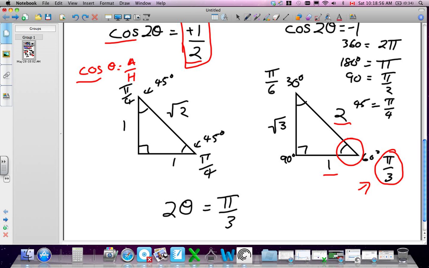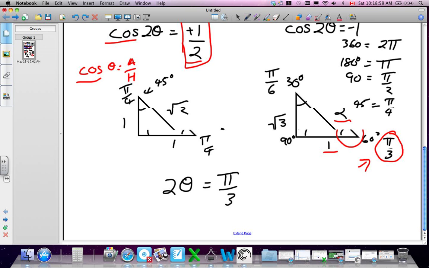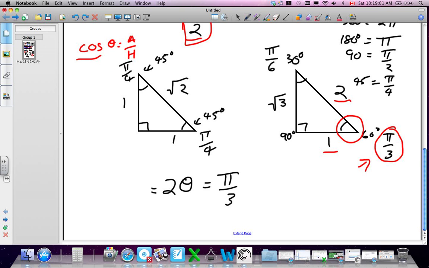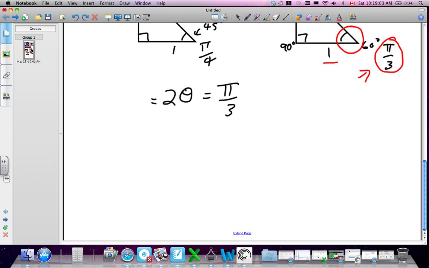Okay? And the question says to solve for theta. So I'm going to divide both sides by 2. So this becomes theta is equal to pi over 3 by 2. When we divide each side by 2, the 2 goes along with the fraction. That makes sense? Okay? And we end up with our theta